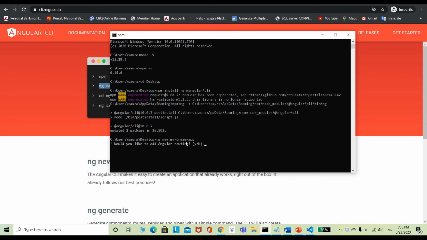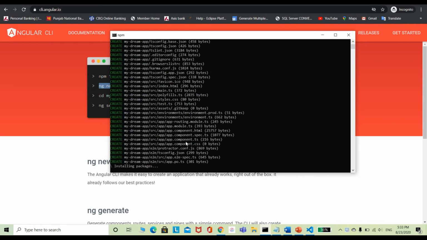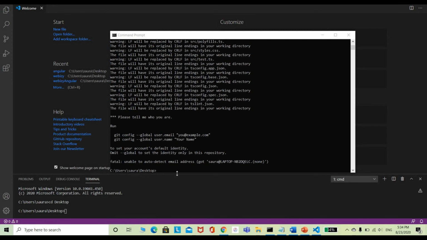Most of the time routing is required, so use yes. Then CSS, and it will take a little time to install the packages, and till then you need to wait. Now as you can see, it has been completed successfully.